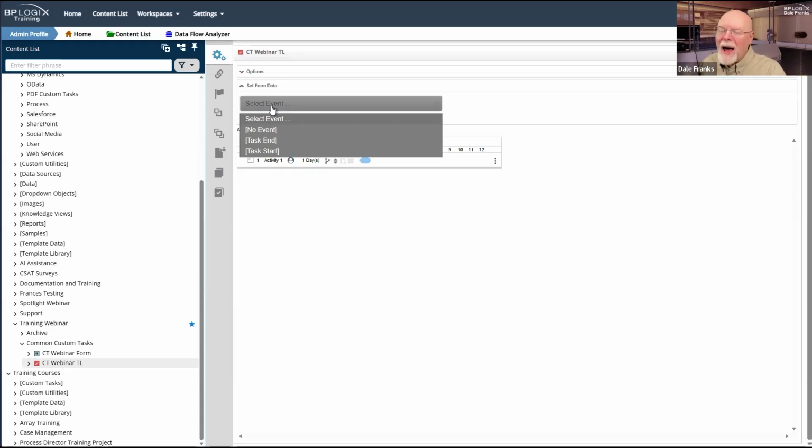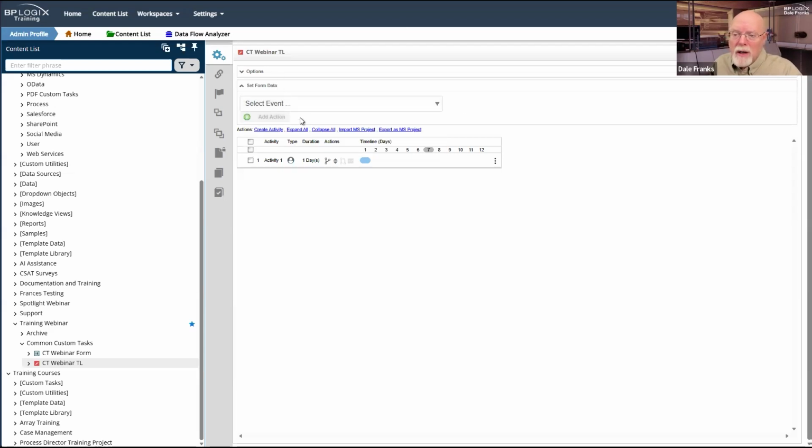Because while I can use the set form data here, and I want it on the timeline because I don't want to burn sequence numbers, right? I only want a sequence number, a request number, to be generated when I actually have a submitted form and I have a project running. Great. Now I can generate a sequence number because I'm really in the middle of a timeline instance. Technically, I could do it here. And I guess technically this is the most efficient and correct way to do it.